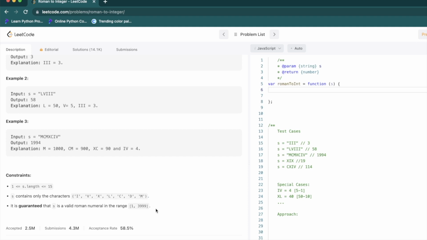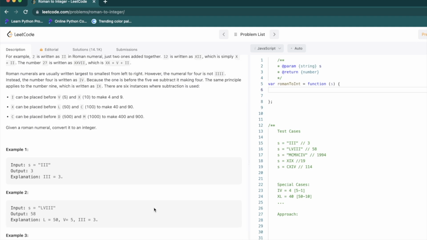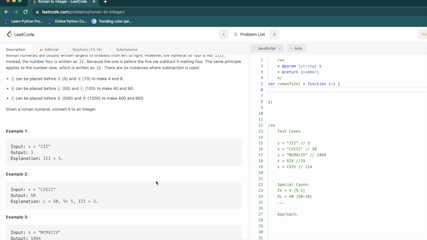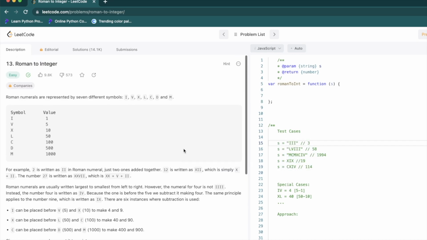Okay, so now that we know the constraints and how the Roman numeral system works, let's try to go through these examples. So I have added some test cases here just to explain. So we already have this mapping. I represents 1. So 3 I's is basically 1 plus 1 plus 1, which is 3. And then we have LVIII, which is L stands for 50, V stands for 5, and then followed by 3 I's. So it's going to be 55 plus 3, 58. Similarly,